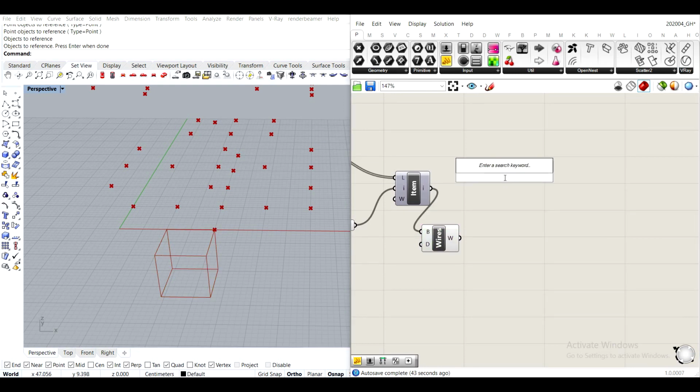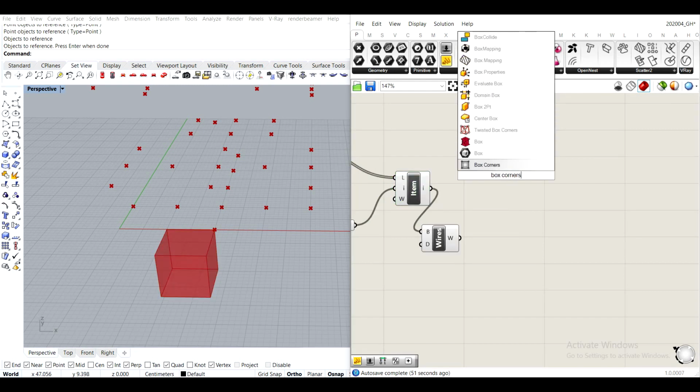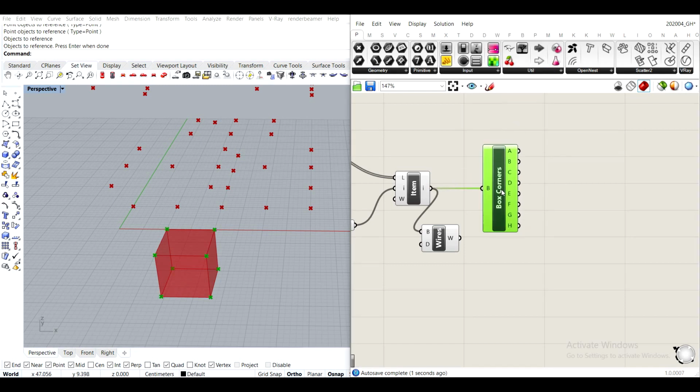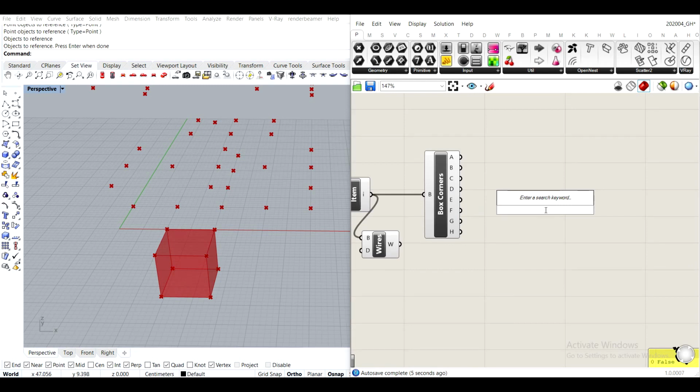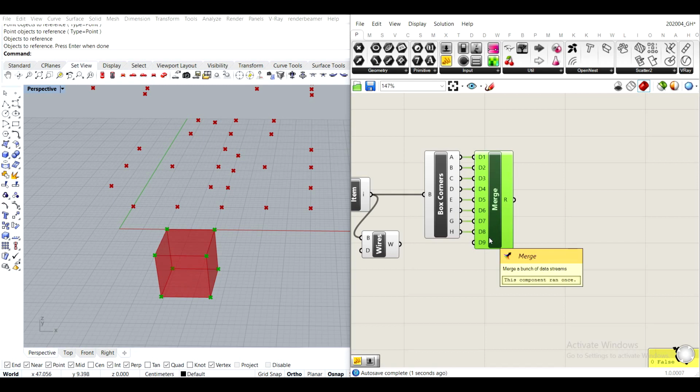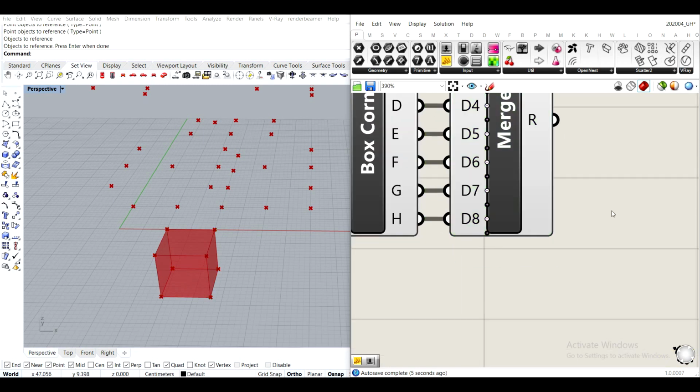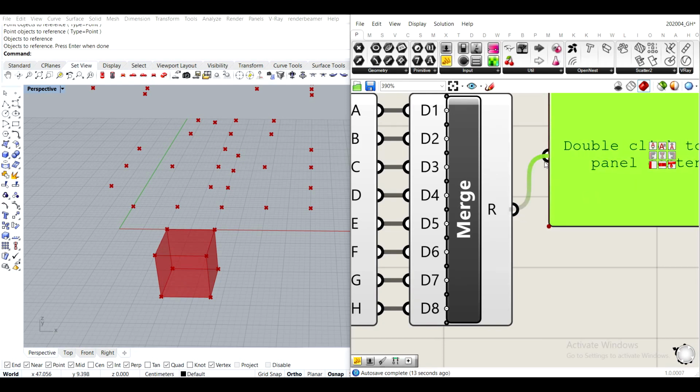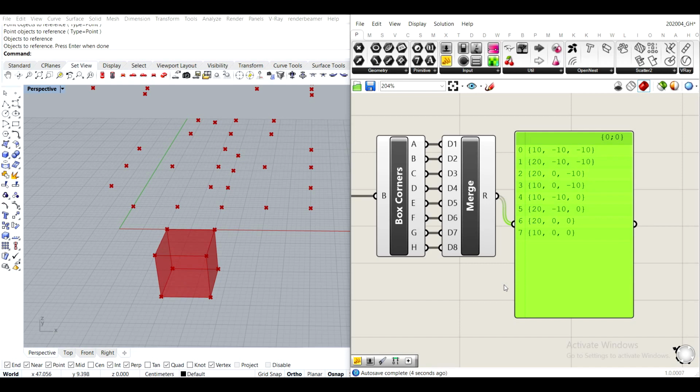So the first thing that we do is we extract the corners of this box, right? Box corners, like that. And then we connect these box corners back into a single list with merge. I mean, with evaluate box you could do it in a much cleaner way, but honestly it's just a little bit of connecting, so it's not a big deal. Like that. And we get our corners right here. So these are just simply points,